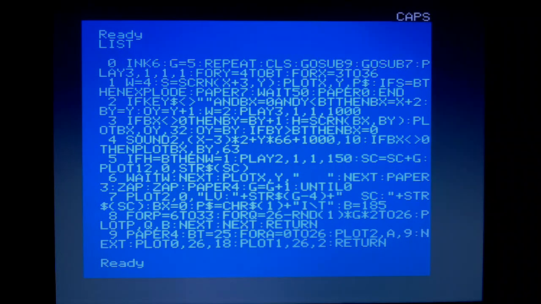So if the bomb x coordinate is not 0, so the bomb is active on the screen, then at its current coordinate I plot value 63, and that is again the little block graphic to represent a bomb. We're nearly at the end, and I'm sorry about the video taking nearly 20 minutes. It's awful, isn't it? So line 5, if h, which is what the bomb was over before we plotted it,